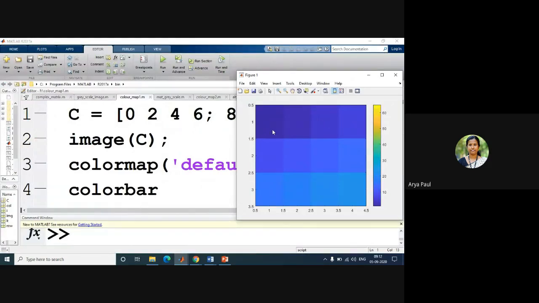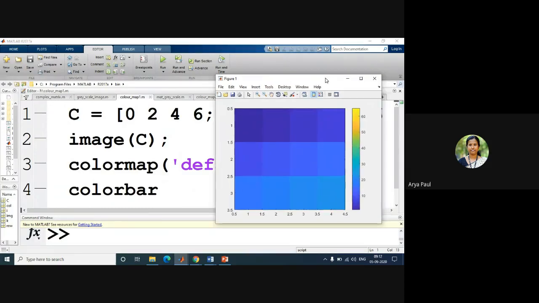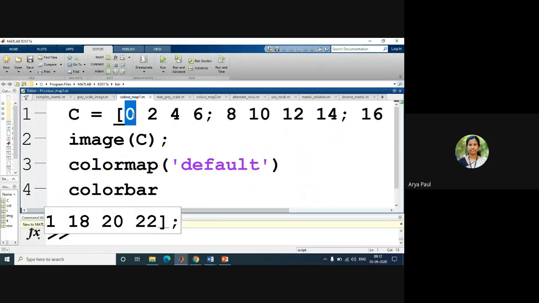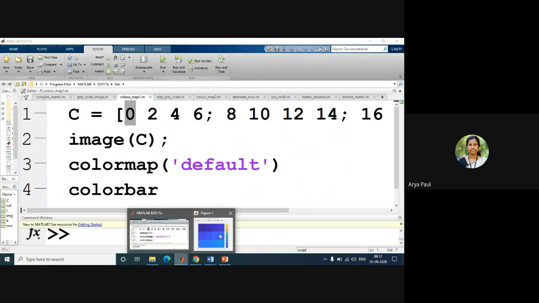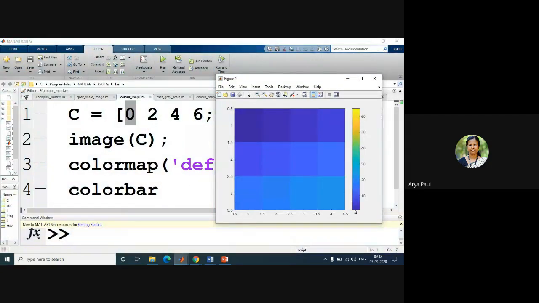That means this is the first pixel. You can see here 0 is mapped to the first one. So 0 means what color? Here this is a color bar: 0, 10, 20, 30, 40, 50, 60. From dark blue to yellow color.